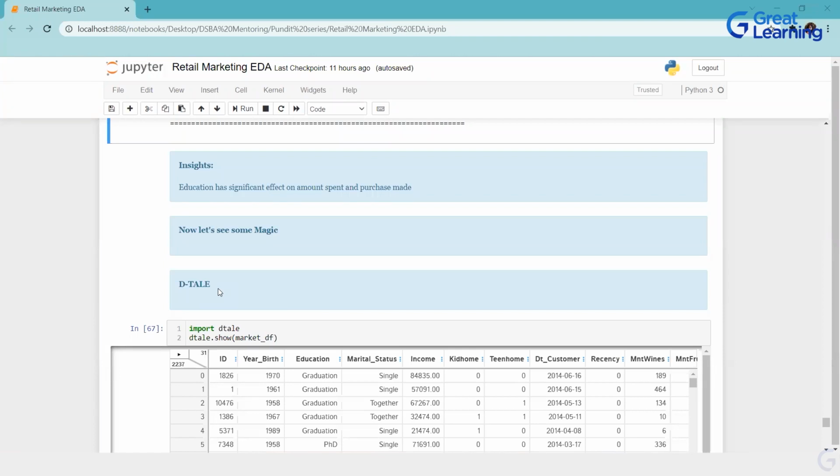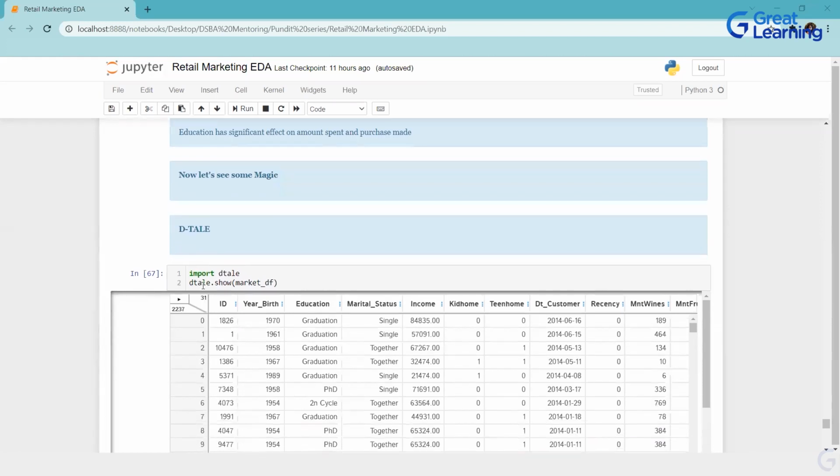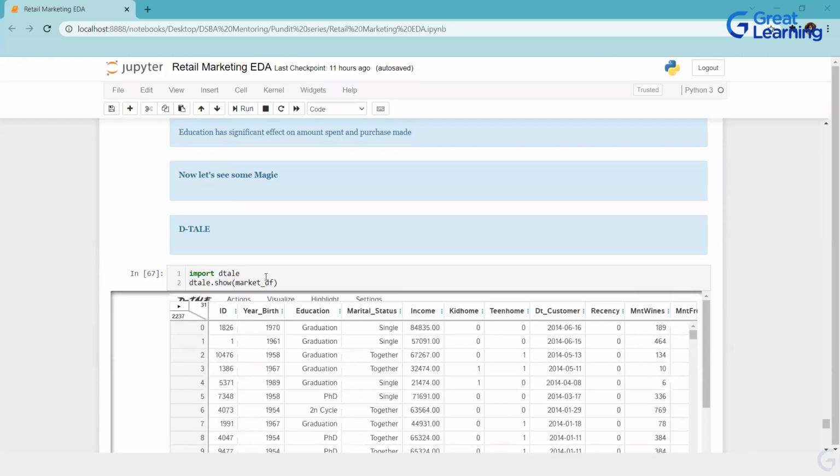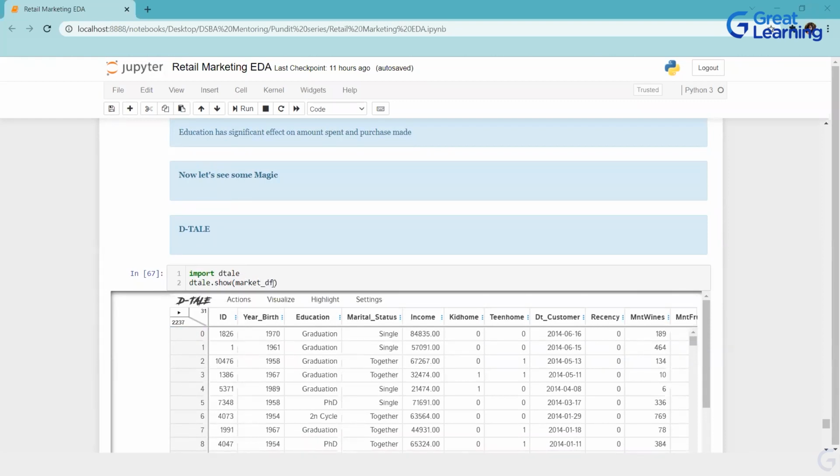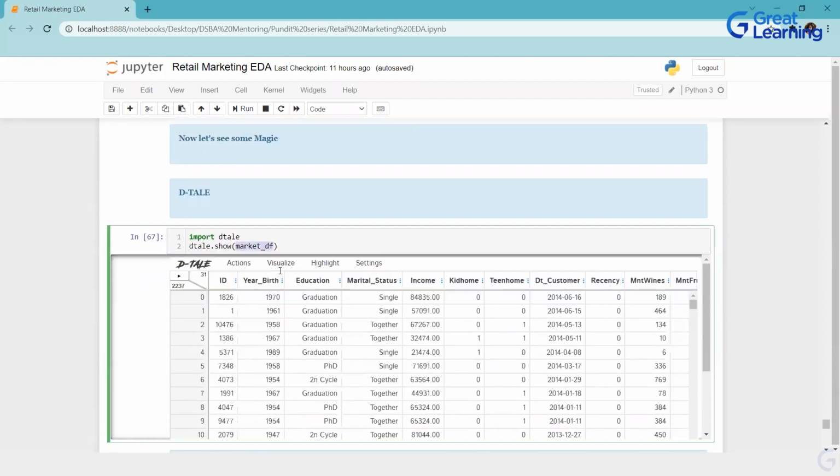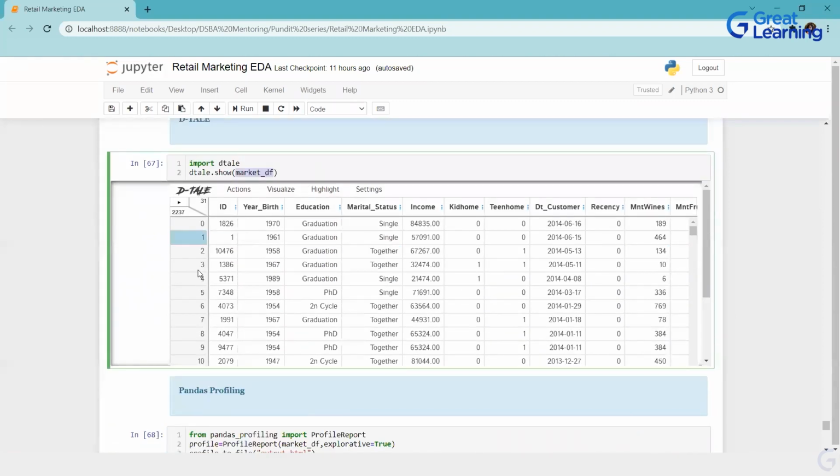The Dtale library was recently developed. In future, you will see a lot of changes there. It was developed in February 2020 only, and it was live from then. Import Dtale. First, of course, you have to install it. It will take some time, so be patient. Around 30 minutes, 30 to 40 minutes or even 1 hour, it can take to install that library. Import the library, just give your dataset, and this is what I gave.